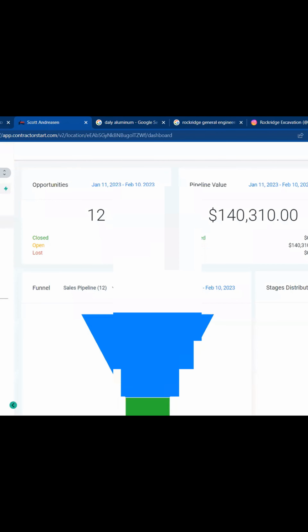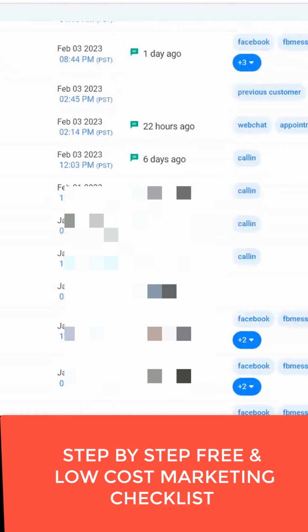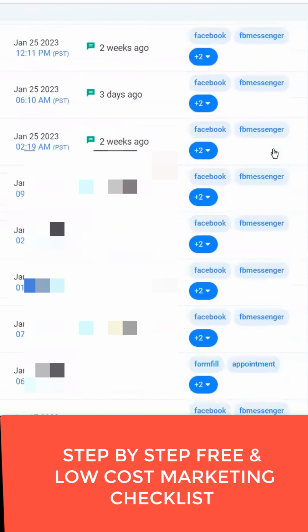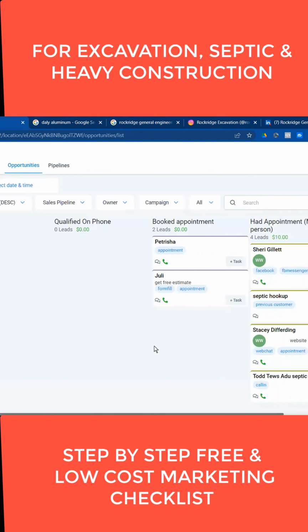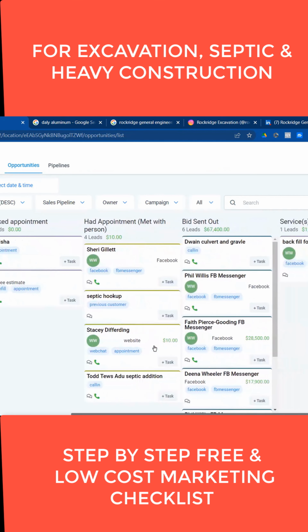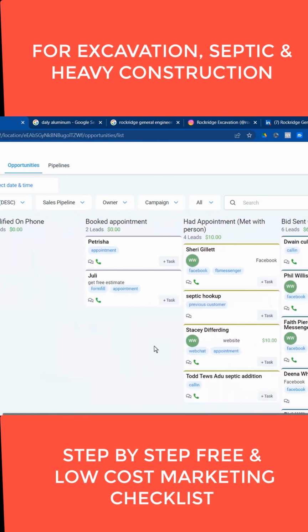You can see leads start to come in. And you can see they're clearly marked like messenger and so on, call in. And then everything gets organized really nice and neat. Now, obviously you might have some system for your leads or how you keep them, but that's not the point